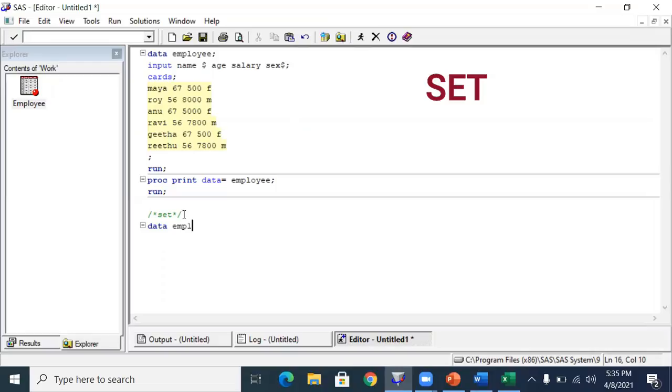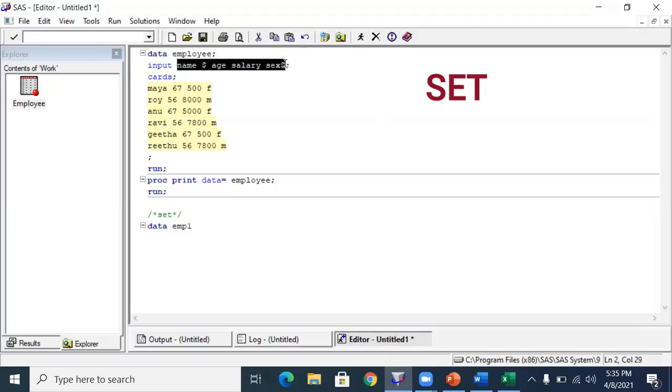You need to follow the SAS naming rule while assigning the data set name. This is not only for the data set name; the naming rule applies to variable names also. The rule I told you already, for the variable name or data set name, will even apply to the library name. There are some exceptions, but for the data set name and variable name, you need to follow the same rule. That is the reason we say SAS naming rule.